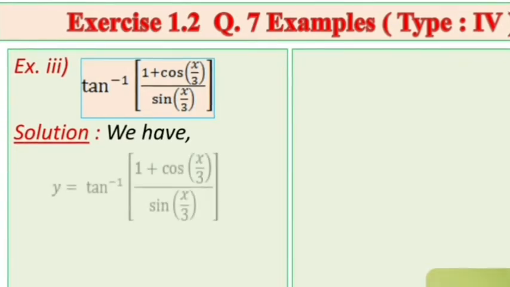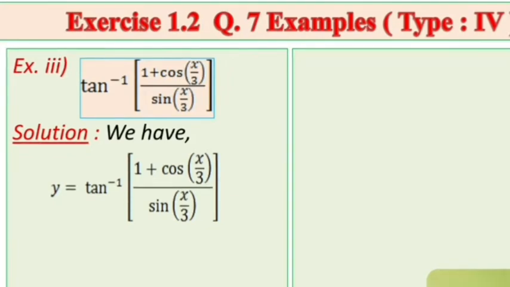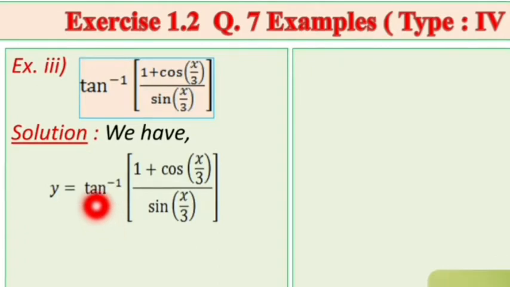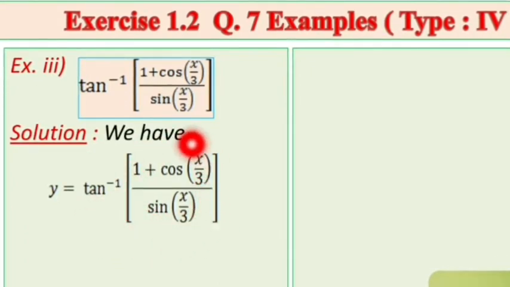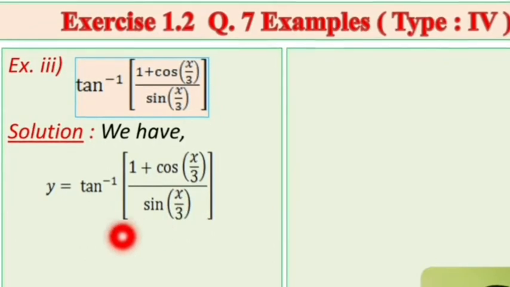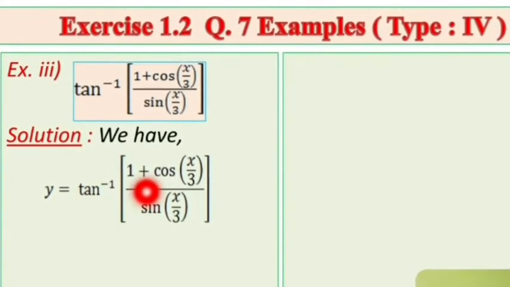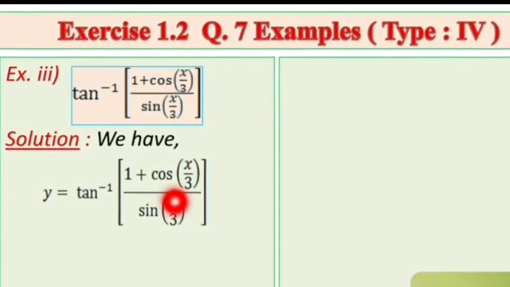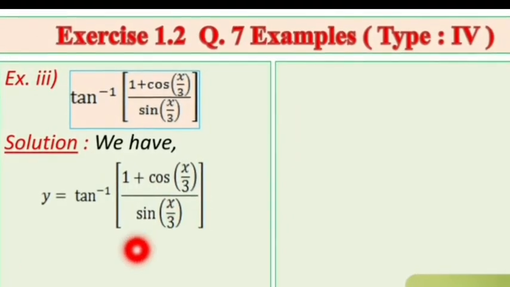Firstly, we take the given function as y equal to the given function. Now we have to take the derivative of the given function. Here, outside the bracket we have tan inverse of the given function f of x. Now we have to convert that f of x into tan of x, then the function becomes tan inverse of tan, then tan inverse and tan cancel, and only the given function f of x has to be differentiated.